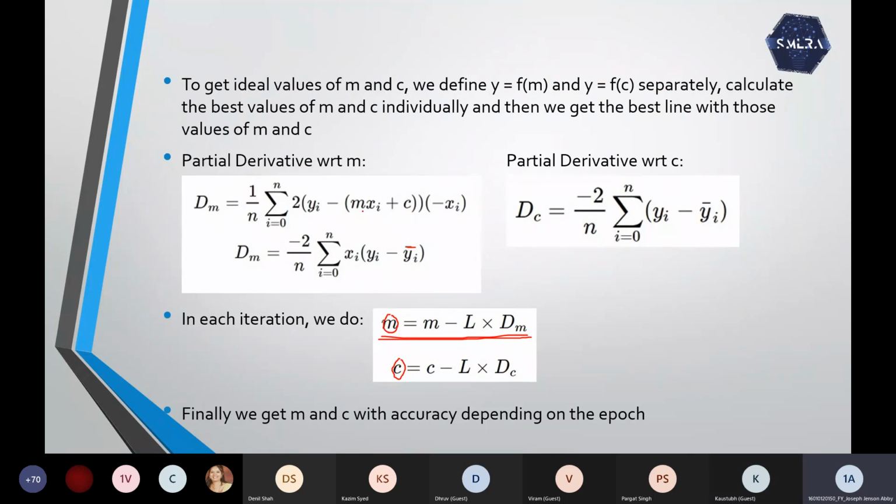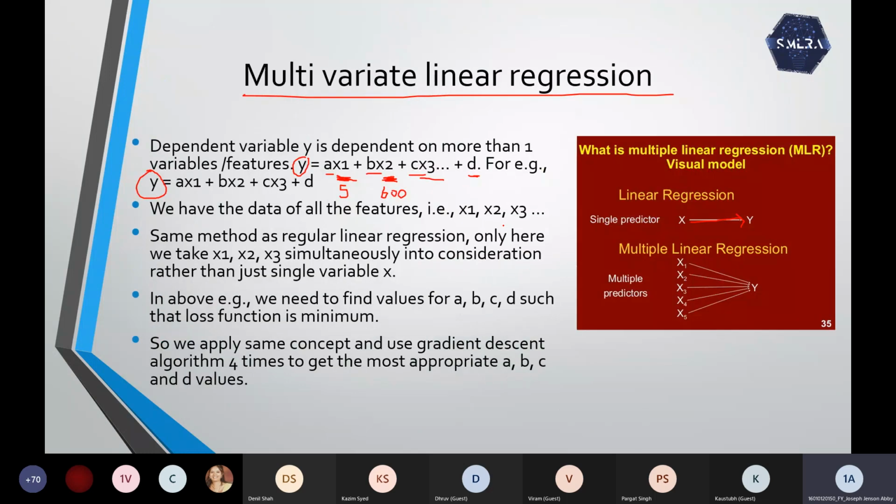So here you will just have m1 x1i plus m2 x2i, correct? Here x1 will be the amount of water and x2 the amount of fertilizer. You have the values of x1i and x2i; you just need to substitute them, and you will get the derivative. You can run the gradient descent algorithm and find the best value of that particular constant. If you differentiate with respect to a, you can find the best value of a, then b, then c, similarly for as many coefficients, as many unknowns, as you have. You'll run the algorithm and you will get the multivariate linear regression.